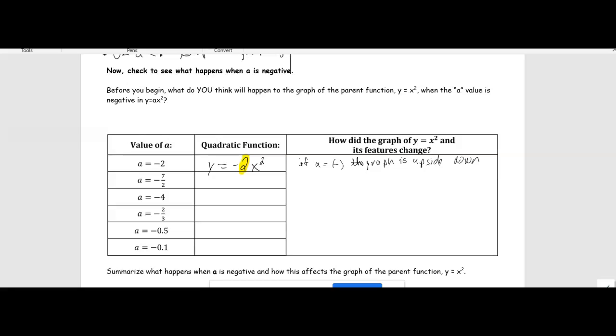All right, jump to the negative 4. So let's do a negative 4x squared. If what we just talked about is correct, then what should happen, this one should still be upside down. And this one should be squeezed, for lack of a formal word, even more than our previous graph, because the 4 is bigger than a 2. So if we confirm that,